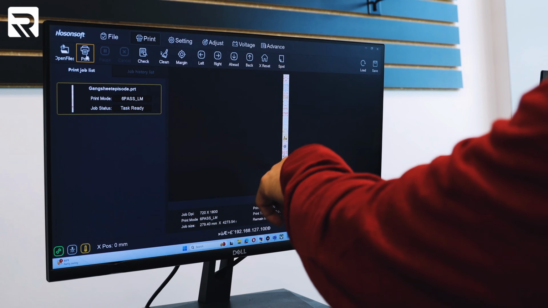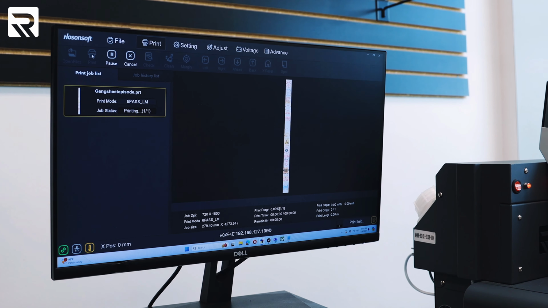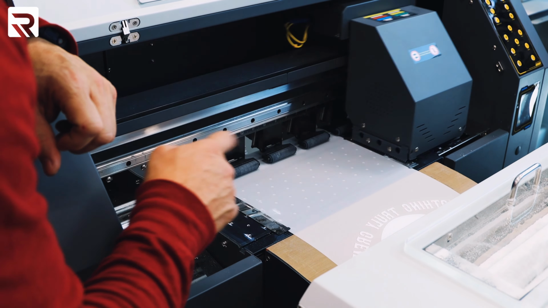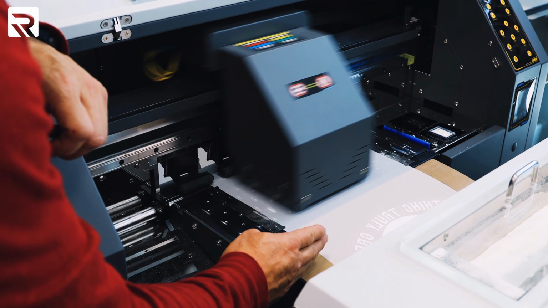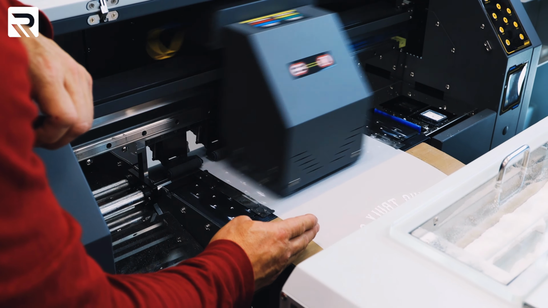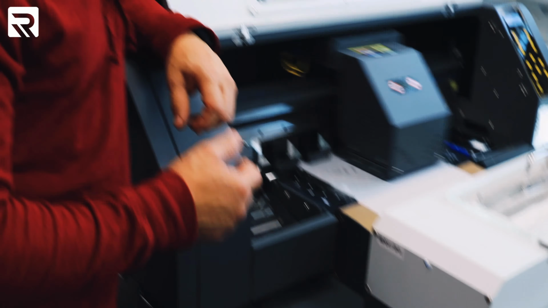So I've got my image pulled up, it's ready to print, and now all I have to do is click the print button, and it's going to start printing. So let's take a look at how much space we're losing if we do it this way. So there we go. If you take a look, it hasn't even printed yet. We're at about 8 inches right now. Yeah, so right now I lost 8 inches of paper or film, which I could have used to